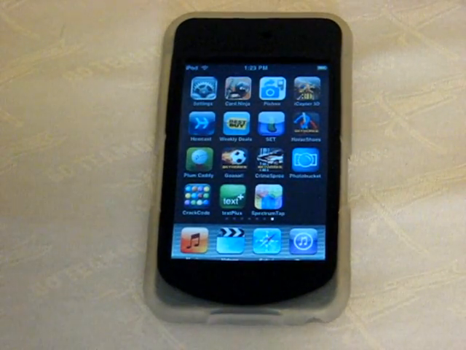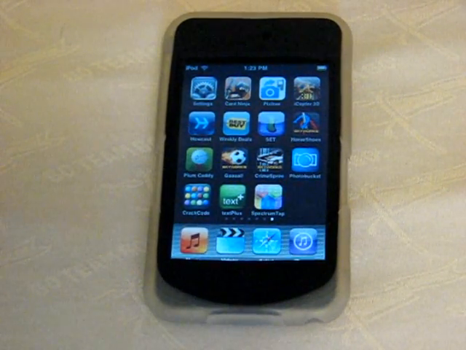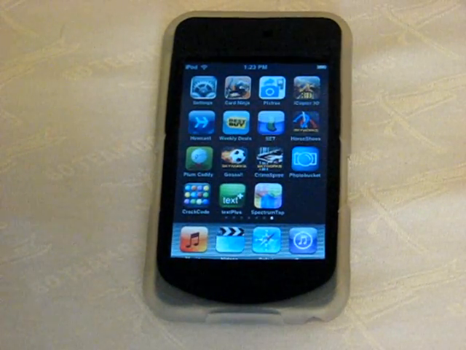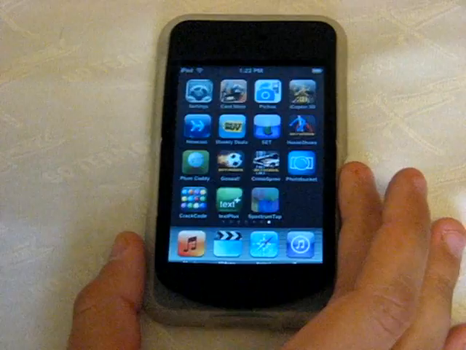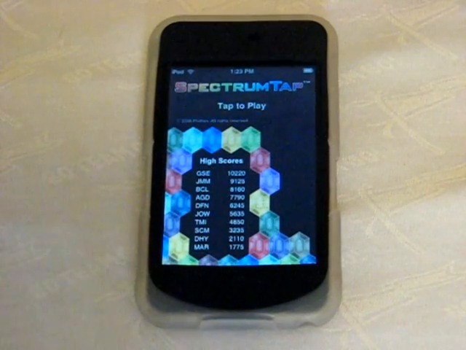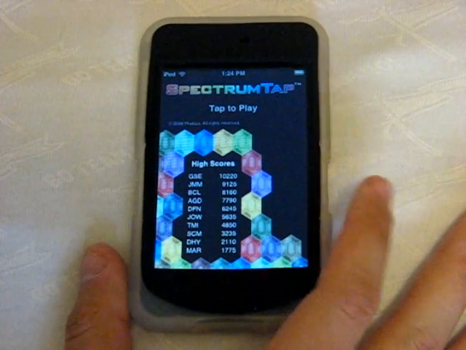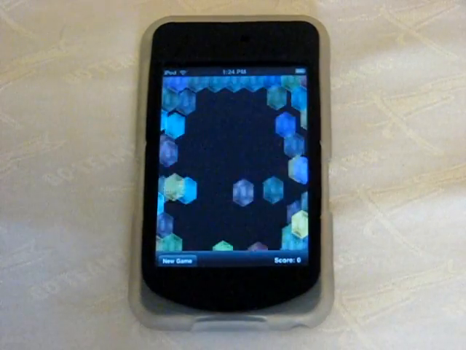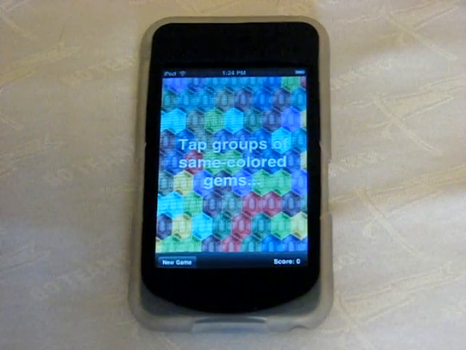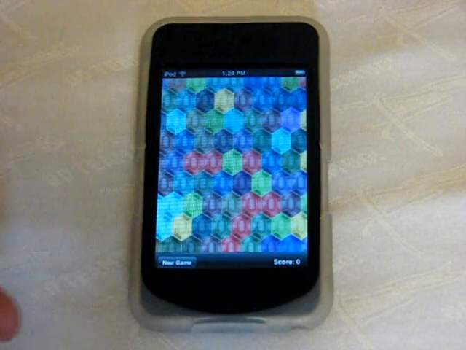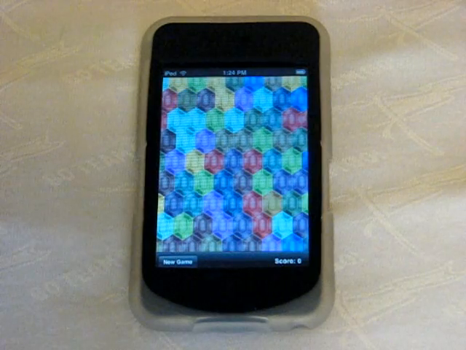And my last and final one is actually very fun. I would relate it to being like a Bejeweled on drugs. It is extremely fast, and it is extremely quick-paced, fun gameplay that's constantly different. So what you do here is you tap wherever you see the same colors next to each other. But be careful though, because once you start tapping them, as you guys see now, all the colors are rapidly